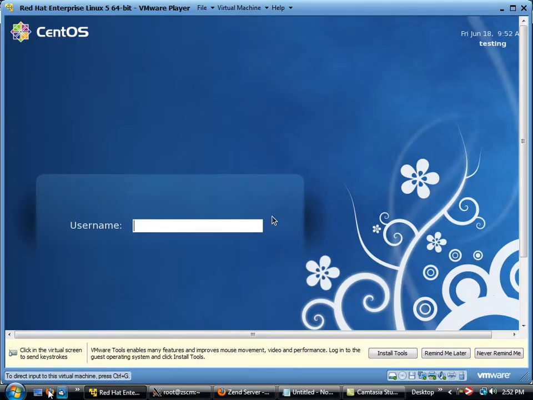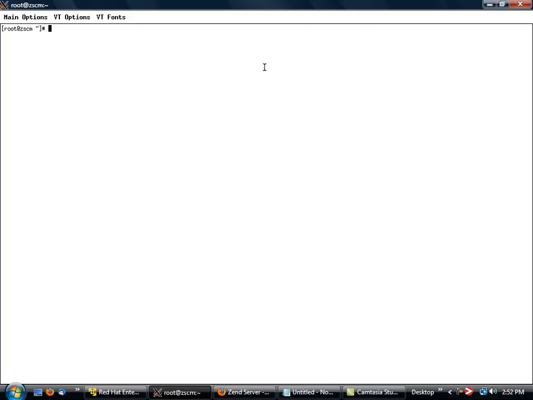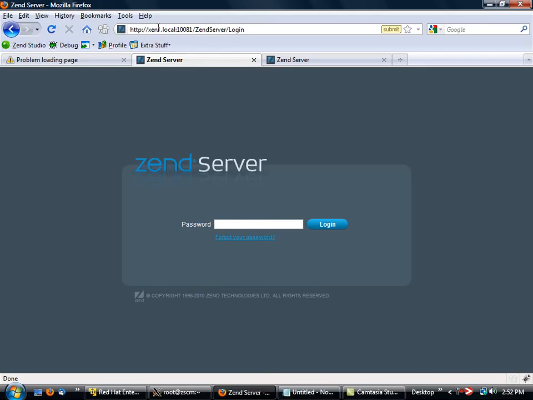I'm running on Vista here, and I have CentOS running 64-bit. On CentOS, I have two individual virtual machines running, Zen 1 and Zen 2. Those are already running Zend Server as individual nodes. If we take a look here, we see zen1.local, and I can